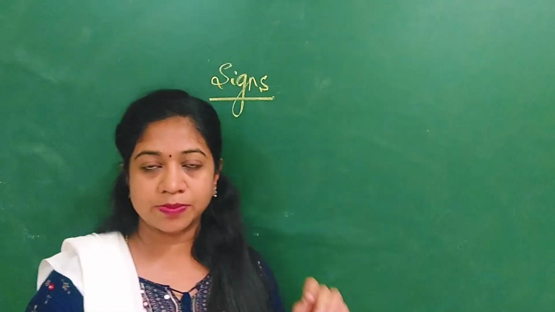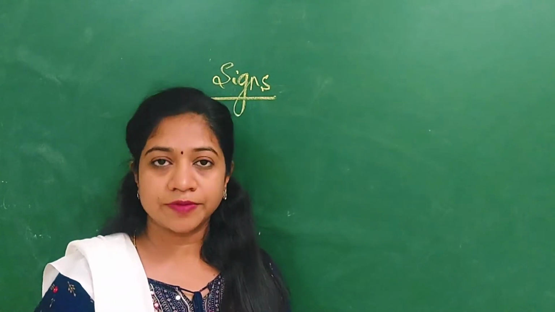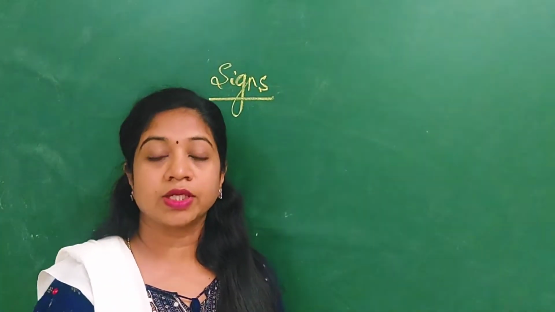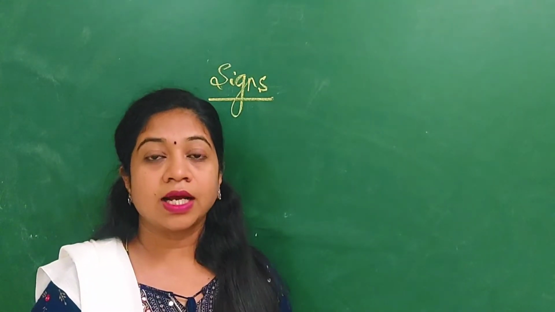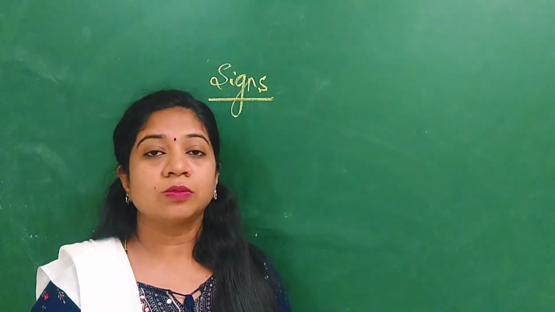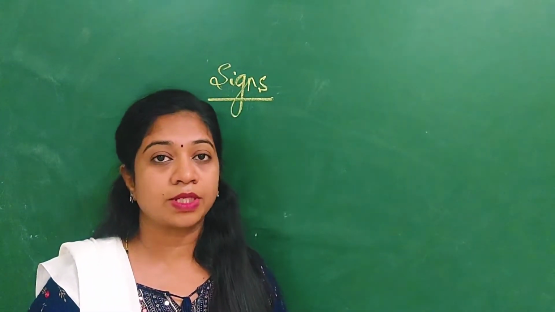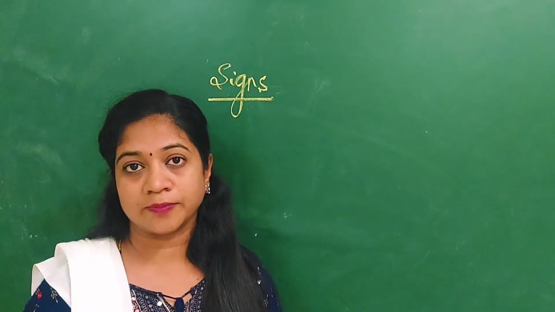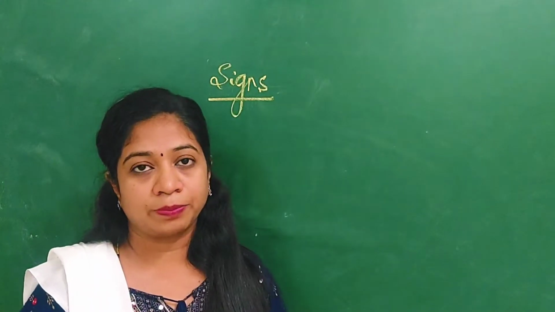So what are the signs of this pathological myopia? As I have already told, there is decreased vision. So when you check for visual acuity, the vision is grossly diminished, and when you do the refraction, the myopia will be more than -6 diopters, and it usually progresses to the tune of 4 diopters per year. So by the end of 20 or 30 years, a patient may have up to 20 diopters of myopia, even sometimes more than that. So that is the degree of myopia in these pathological myopic patients.